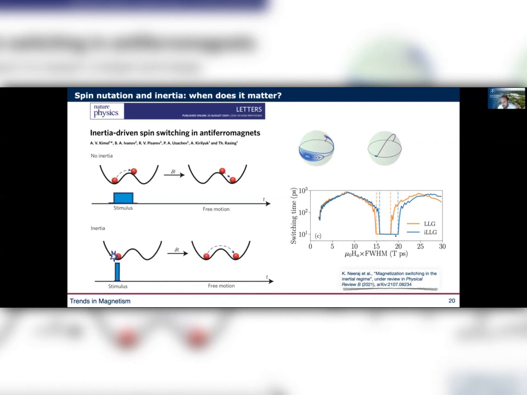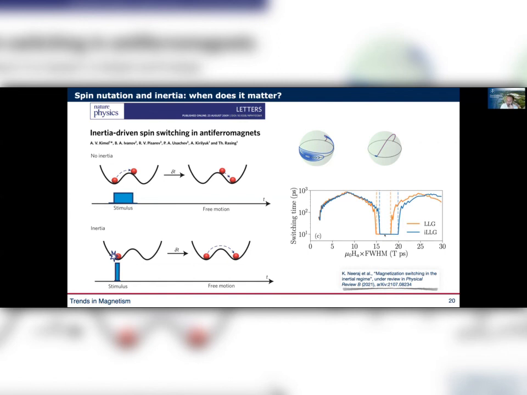In the ballistic regime the switching time is much faster. So if you go this direct way, it's much faster. But it's easier to get into this regime with the LLG, so the orange curve is before the blue one. But once you cross the threshold, the inertia makes this ballistic region much more robust. Then if you increase the field again, you will bring the magnetization the other way, and you will get precession back to the other state. The nice thing about this ballistic region is that the switching time doesn't depend on the field. So in a way, the inertia gives you a larger stability region for the switching.